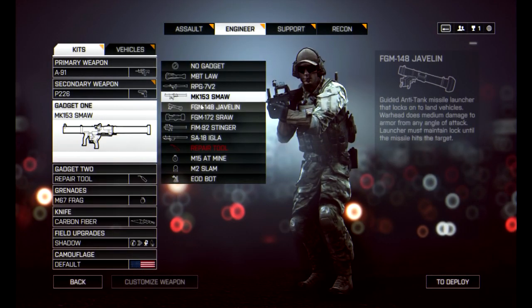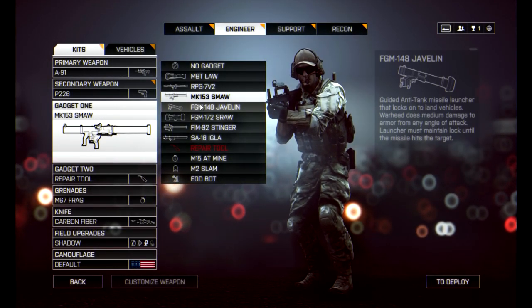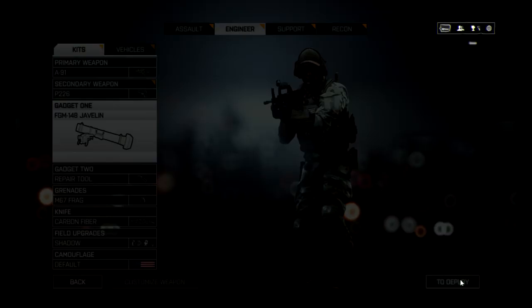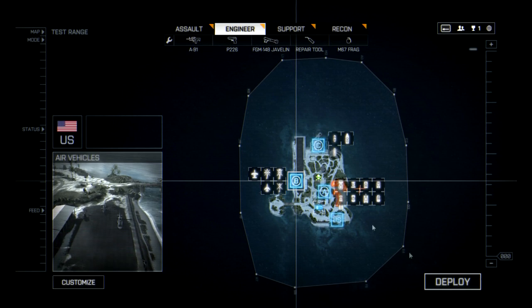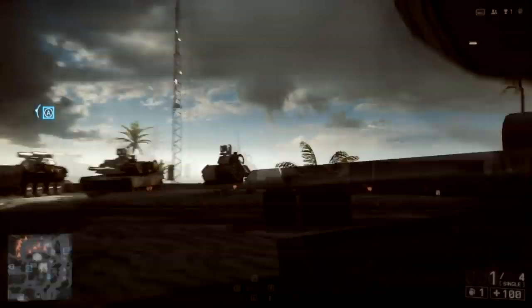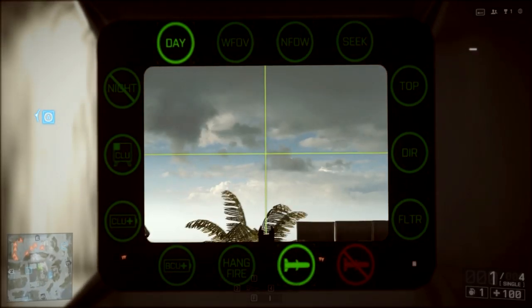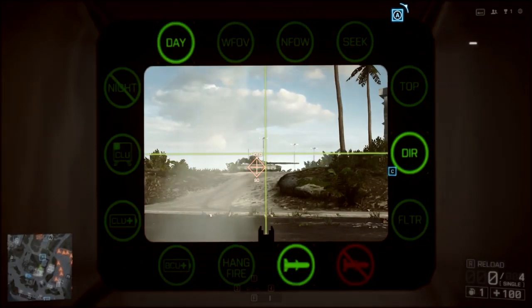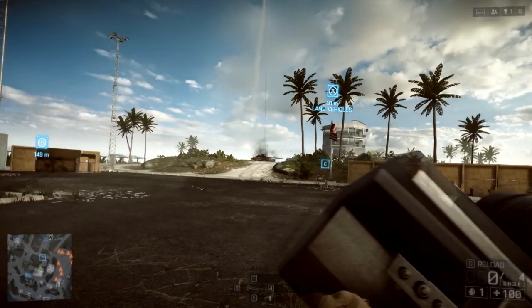The Javelin is a guided anti-tank missile launcher that locks onto land vehicles. The warhead does medium damage to armor from any angle of attack. Launcher must maintain lock until the missile hits the target. This means once you lock onto one thing and shoot, remember to keep locked on until your missile actually hits, otherwise your missile will not hit the target. So you lock on quickly, then you keep looking at what you're firing at, and wait until your missile hits